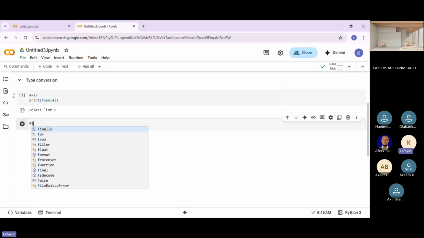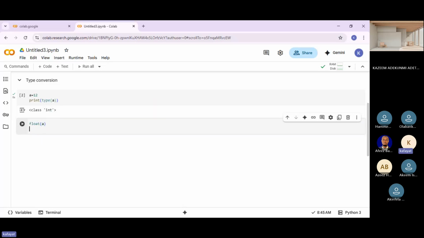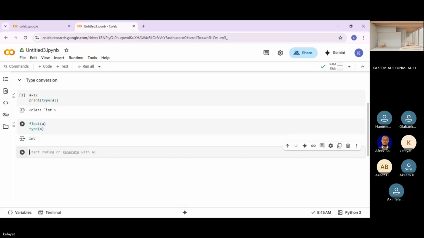Converting it in Python, I can say float. Then I say print type.